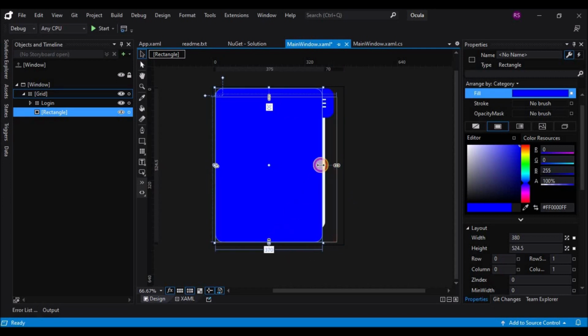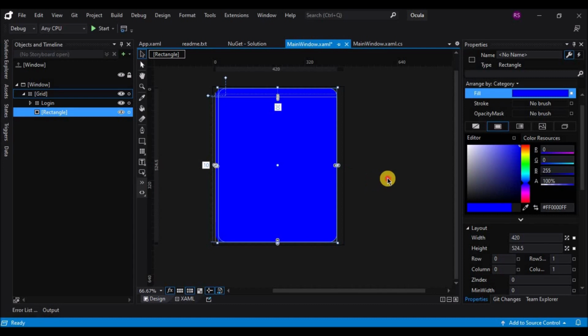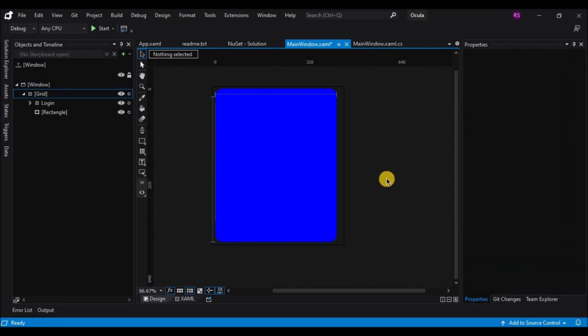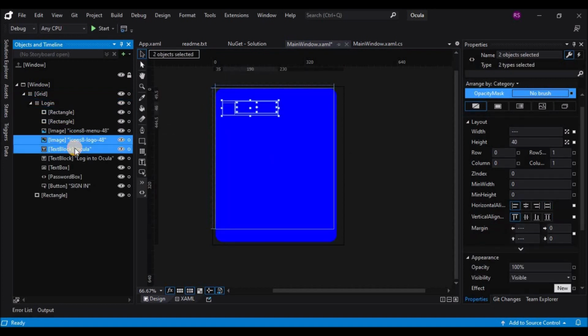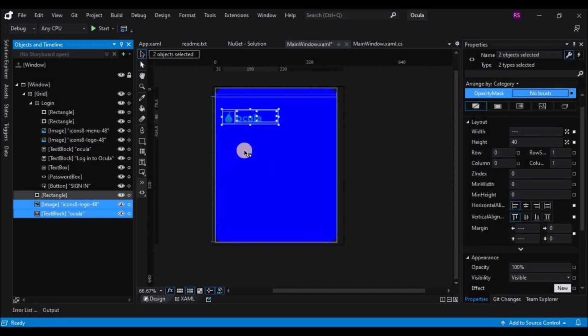Okay, now all we have to do is start getting the existing items from the login form, like the logo, the application name, and the title, and paste it on the main grid.